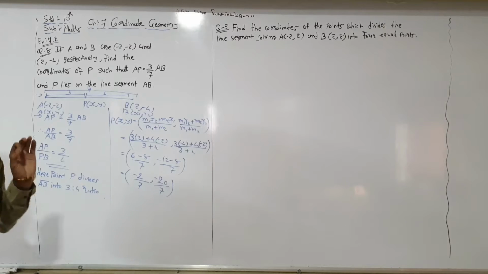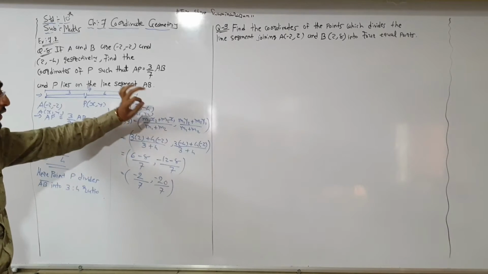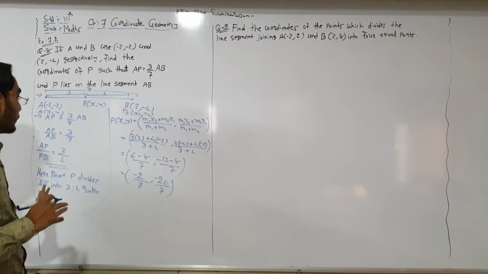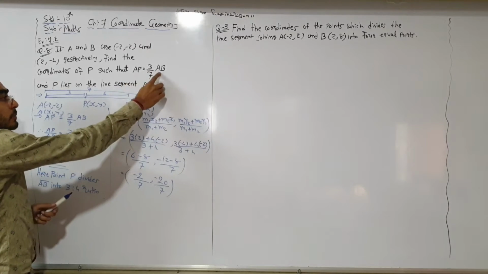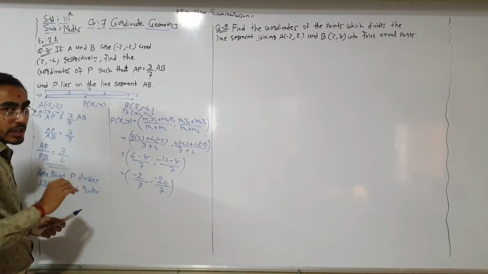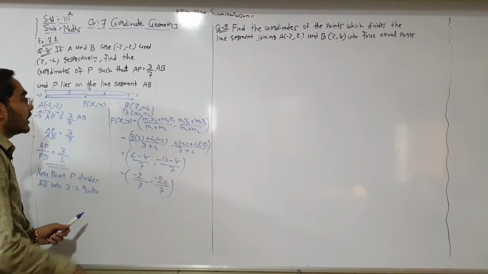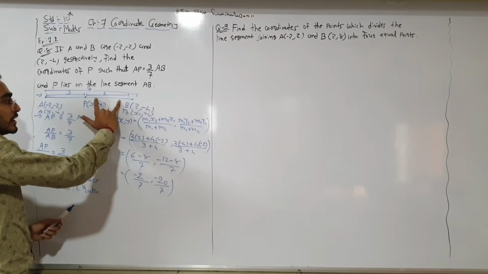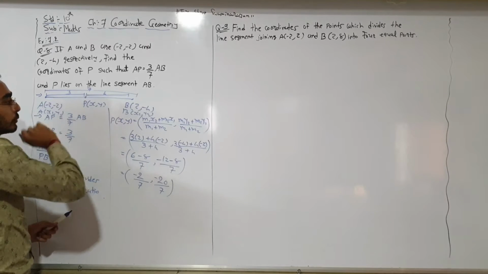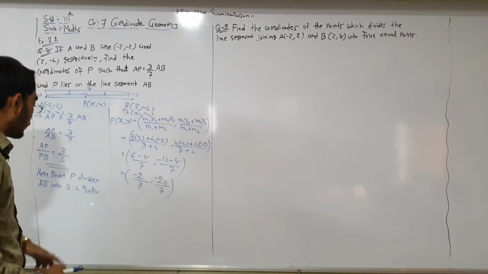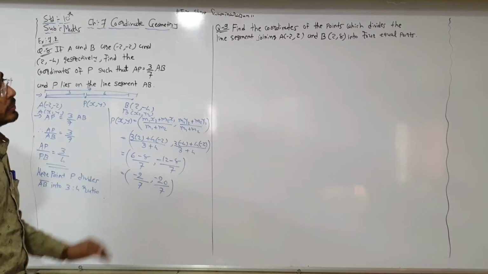Okay, first of all we need to find the ratio. That is the main thing for this question. Otherwise, if we remember the section formula, then this is the easiest question. Here the ratio is given for AP upon AB, full AB, but we want the ratio of AP upon PB. That is our m1 to m2. So first we need to find the parts which contain PB. Total parts 7, 3 parts for AP, so the remaining 4 parts for PB. So our ratio becomes 3 by 4. Okay, so now let's move forward.